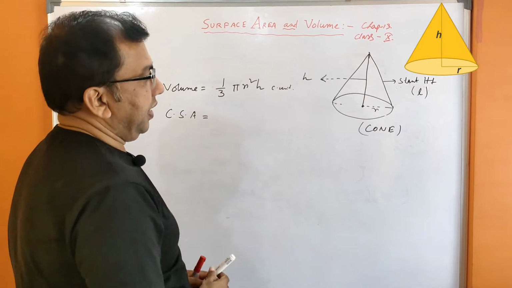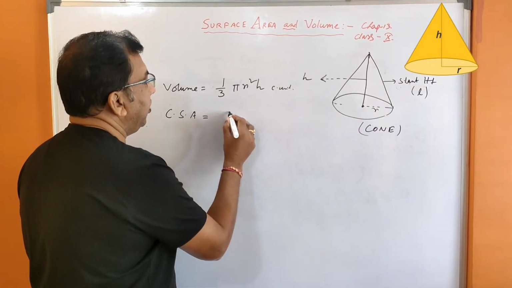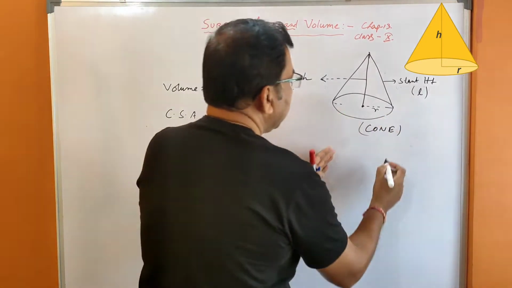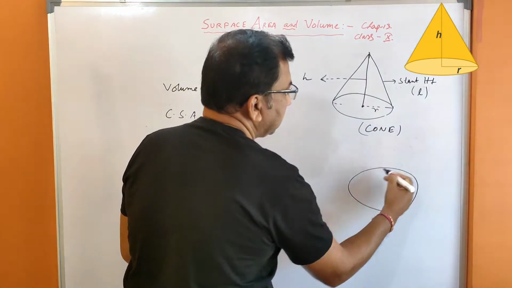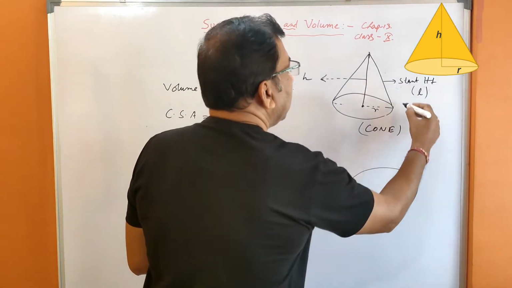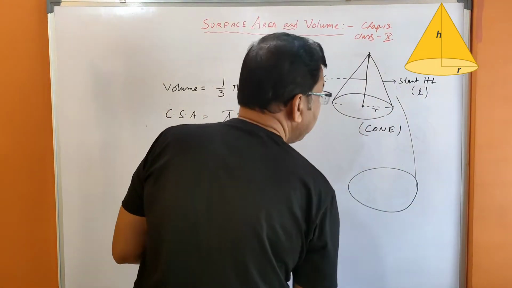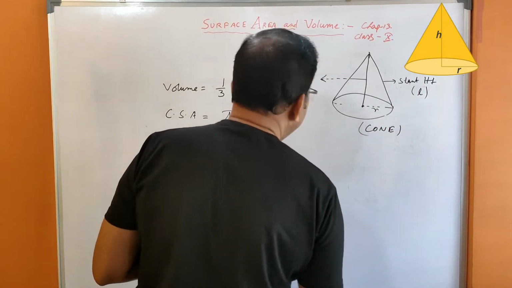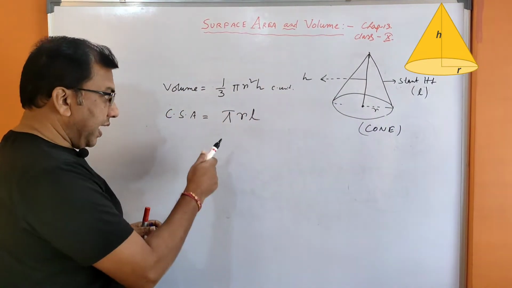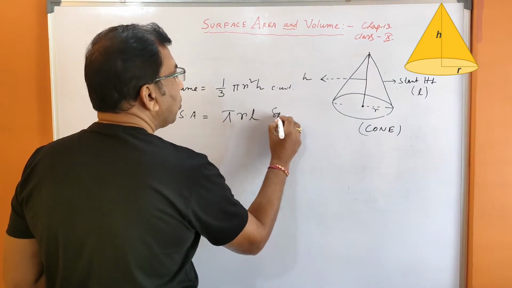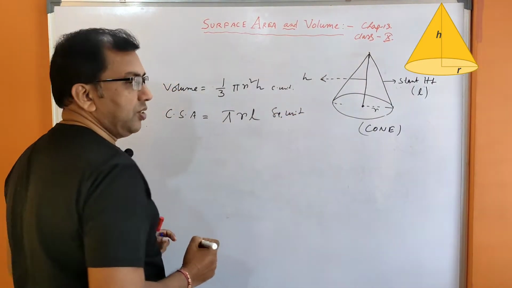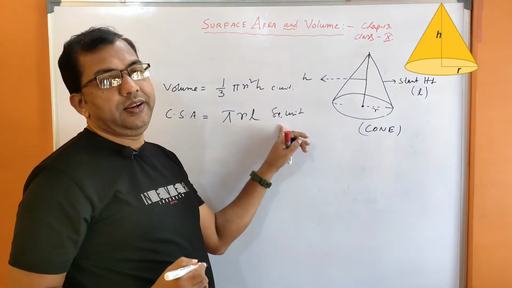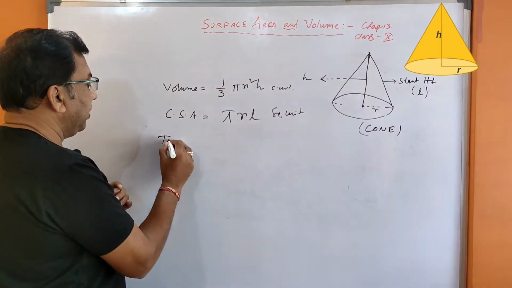Okay, pi RL. So write out here pi RL. That means radius increase, curved surface area also increase. Slant height increase, curved surface area also increase. So it depends upon the slant height and the radius. Pi RL. As it is area, units will be square unit. इसका कर्व सरफेस एरिया का फॉर्मूला क्या है? पाई आर एल. देन टोटल सरफेस एरिया.